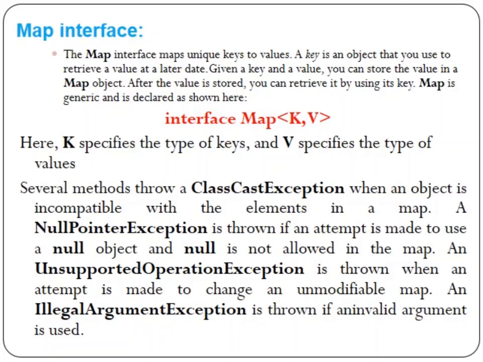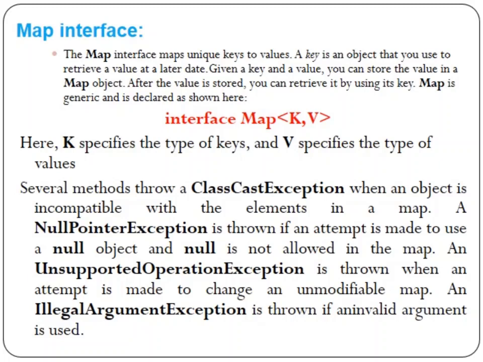The Map is generic and its declaration is shown below. It is interface Map with two type parameters, key and value, which specify the type of the objects that can be stored in the Map interface. The Map interface throws different types of exceptions, as we have seen in the Collection interfaces. ClassCastException is thrown when you perform an operation with an incompatible object, and NullPointerException is thrown when you try to access or remove an element